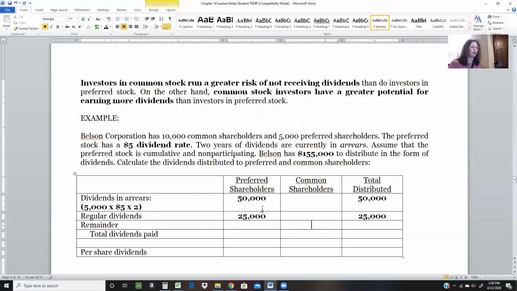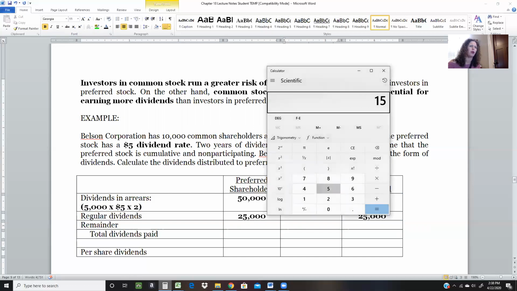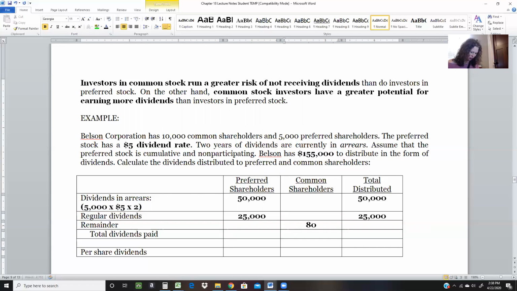So the common stockholders, we've given out a total of 75 already. So if we take 155 minus 75, we're going to give $80,000 to the common stockholders for a total of 155,000 distributed. So basically what we're going to do is when we decide to give out dividends of 155,000, then